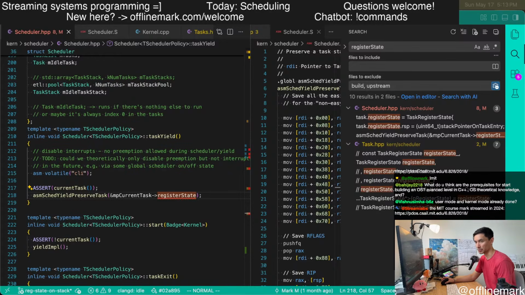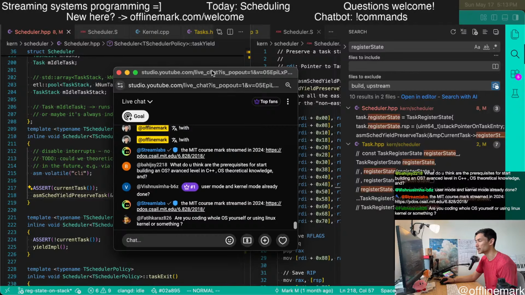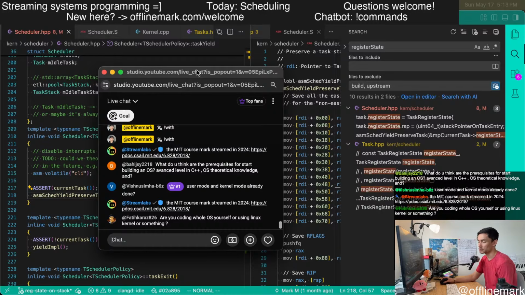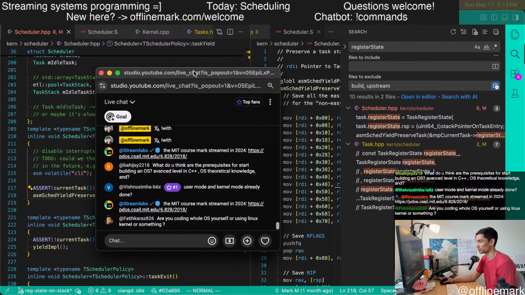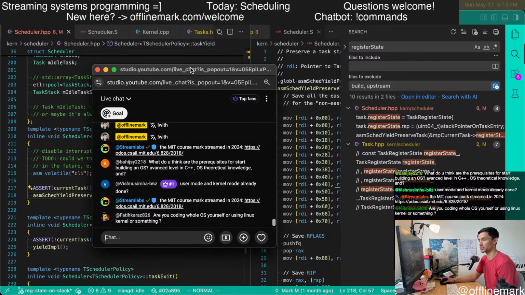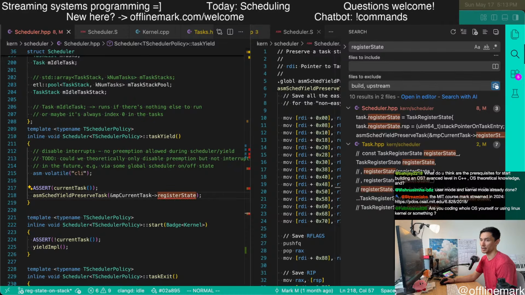So I'm only doing kernel mode for right now. There's no user mode. There's no Linux kernel, it's a custom kernel. For starting building an OS, I think you should be very comfortable with C programming, with pointers, with structures, with memory allocation, freeing, allocating memory, stuff like this. You should also know some OS concepts and play around with user space programming. You don't need C++ particularly.